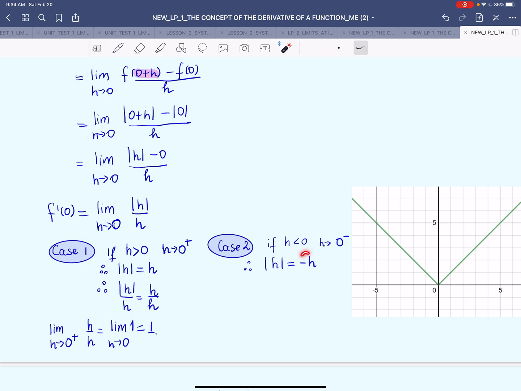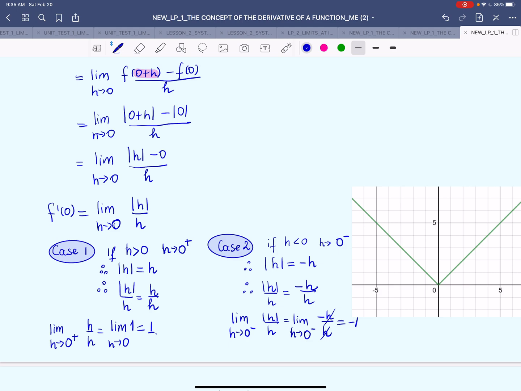So remember this will turn into a positive because h in itself is a negative number. So therefore the absolute value of h divided by h would be negative h over h. So the limit as h approaches 0 from the left-hand side of the absolute value of h over h would equal the limit as h approaches 0 from the left of negative h divided by h, which equals